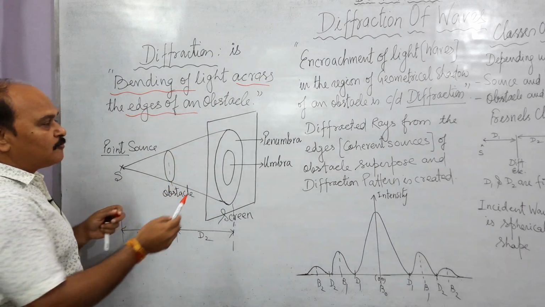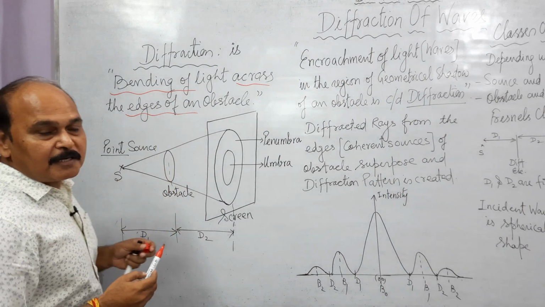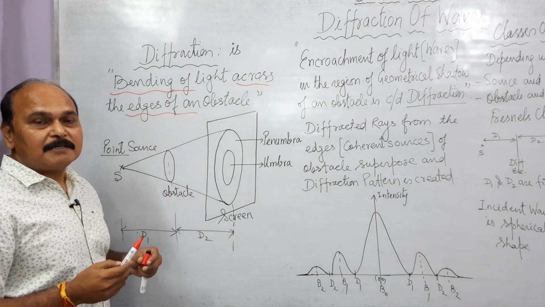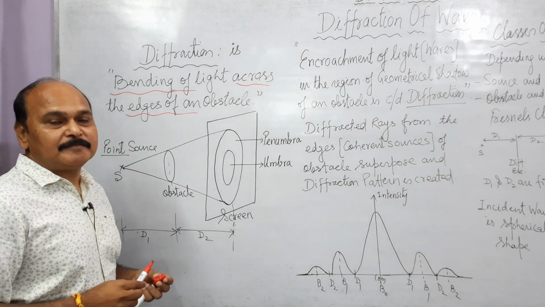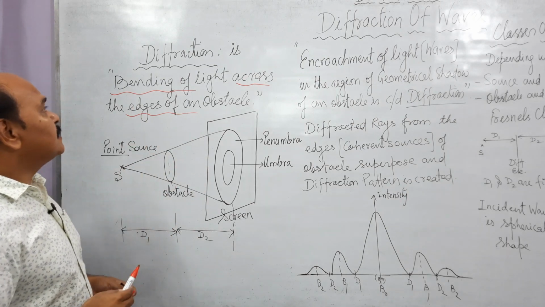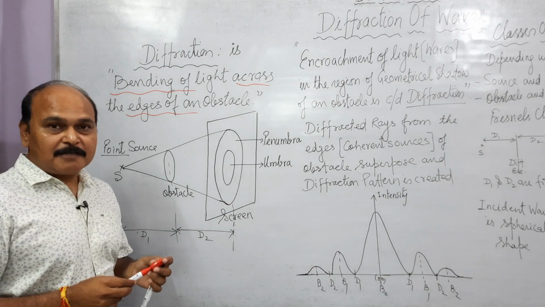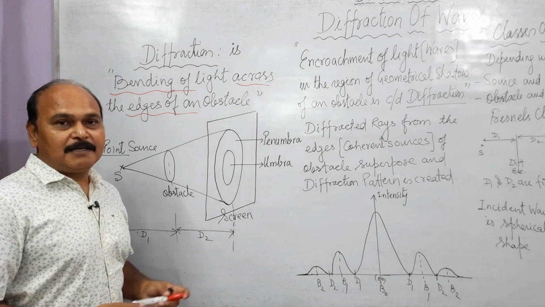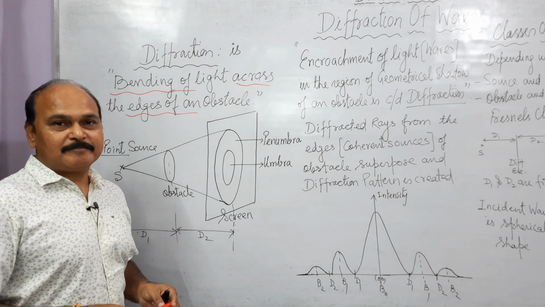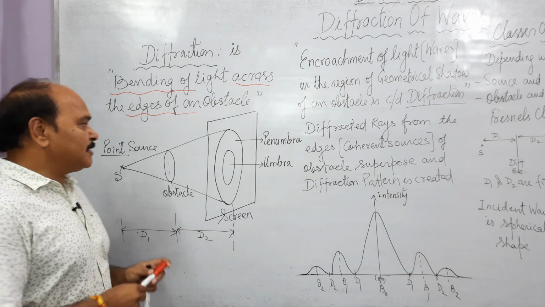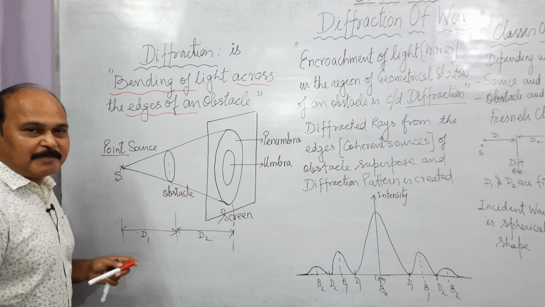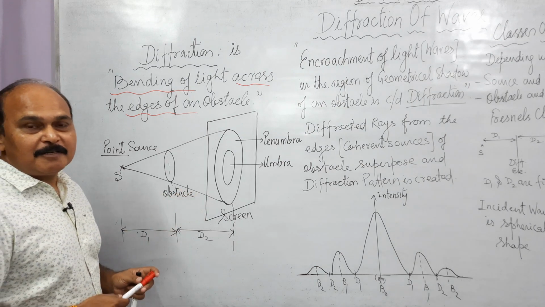So when the light falls over the edge of an obstacle, it doesn't travel straight. It deviates from its path, and this is what is called diffraction of light. Well, diffraction violates the rectilinear propagation of light principle. Let us see that with the help of a very simple and very popular experiment you have studied in